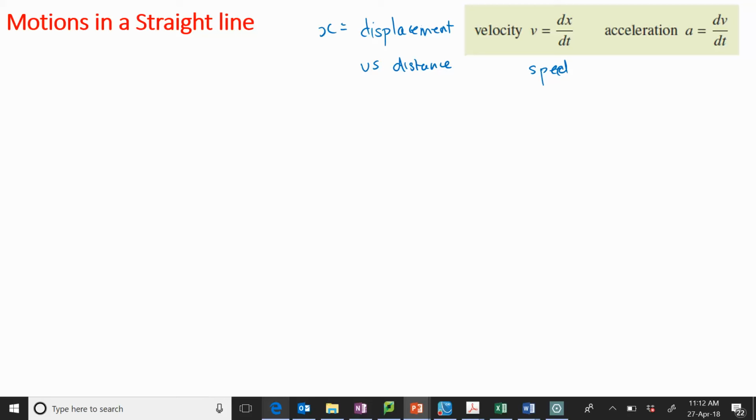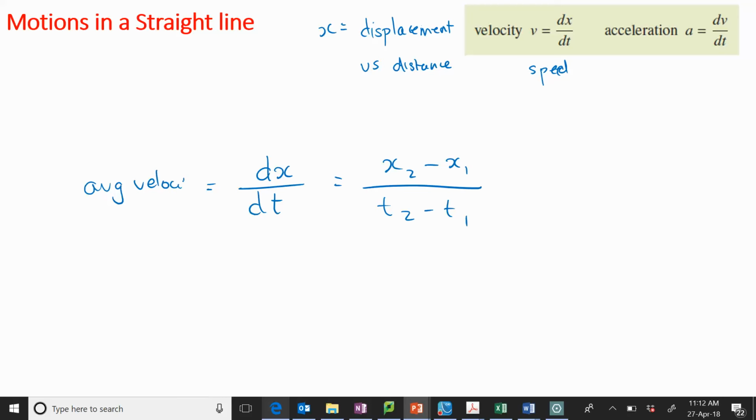That tells us there's a difference between speed and velocity. The velocity formula is the change in displacement over the change in time. So technically I'm saying x2, which is position 2, relative to position 1, over time 2 minus t1. This is your average rate, yeah? So when I say average velocity, this is talking about your displacement. Whereas speed,